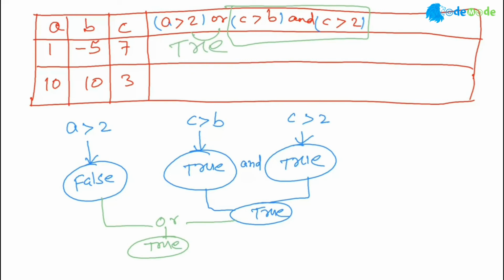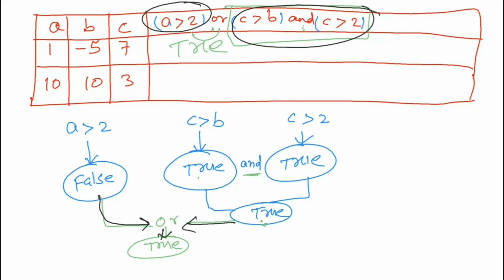Do you understand? This is what I call a bubble chart. When you have multiple conditions, it's a good idea to draw a bubble chart, and you set the right precedence. You can say, hey, first I check this, and then put and. You notice I did not put or here, because why? And will evaluate first before or. So you want to go like this, and true, and then take this true and evaluate with it. So this circle and this circle, which is here or, that gives you true.